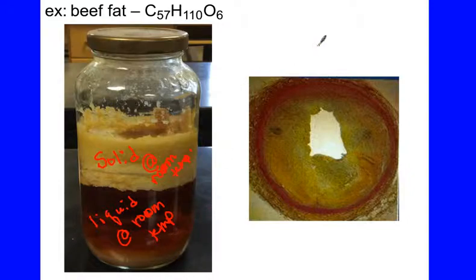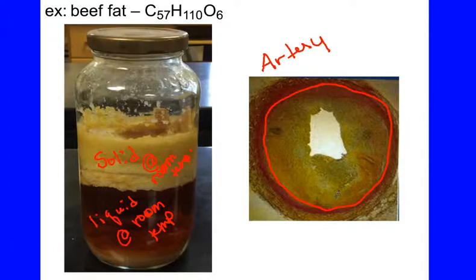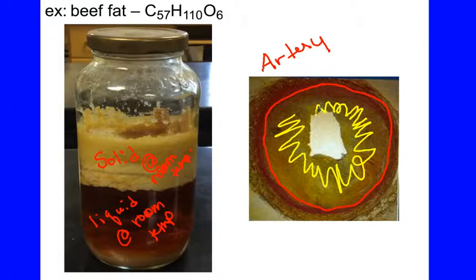Now the reason why it's better for us, if you take a look over here at this picture, this is a picture of an artery or a blood vessel in your body that carries your blood. This big red circle around the outside is the actual artery itself. And so this portion is the inside of the artery. And you can see all this yellow looking stuff. It actually looks very similar to this. And that's because this pretty much is this. So when you eat foods that have lots of this